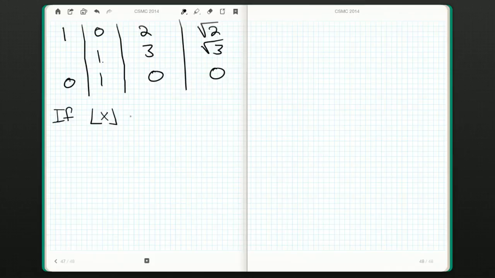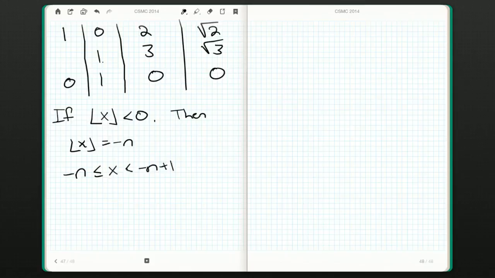Now how about if the floor of x is less than 0? Okay. Then we say floor of x is going to be negative n. Okay. And we know that negative n less than or equal to x less than negative n plus 1. Okay. Now if we square that, we get n squared and we get x squared and we get